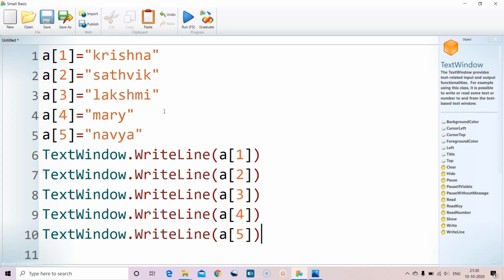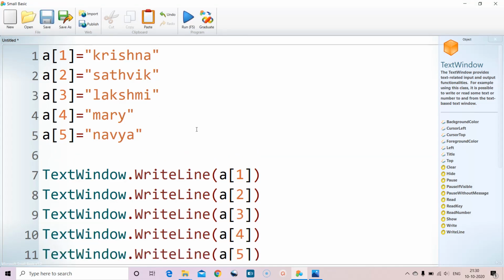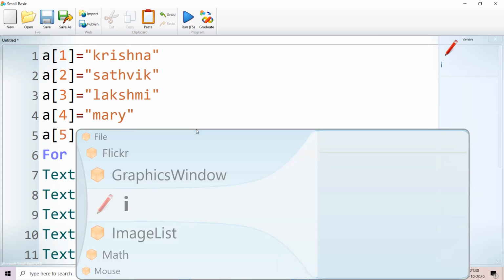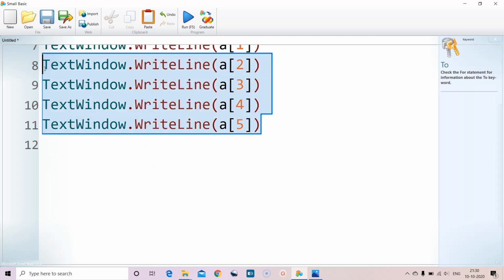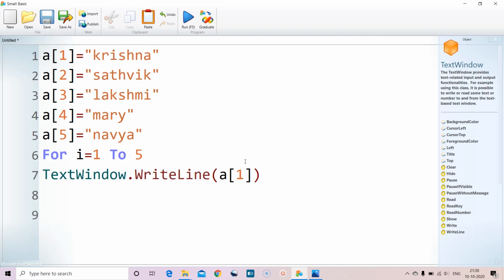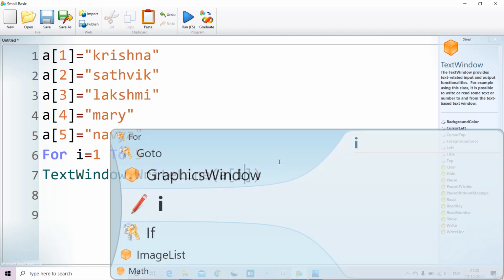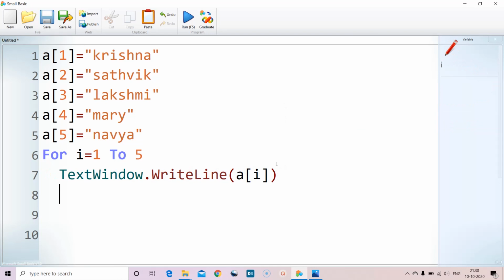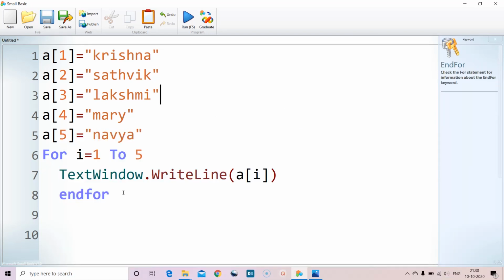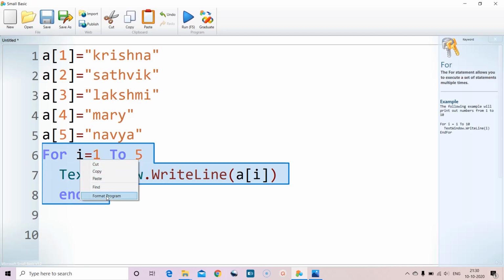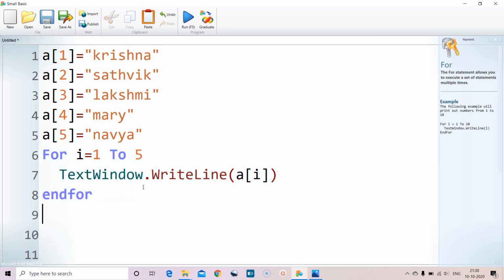In case you want to print this in a loop, let us say for I is equal to 1 to 5, then we can write one single line, right? So instead of the index you put I. This loop runs 5 times, as we discussed.